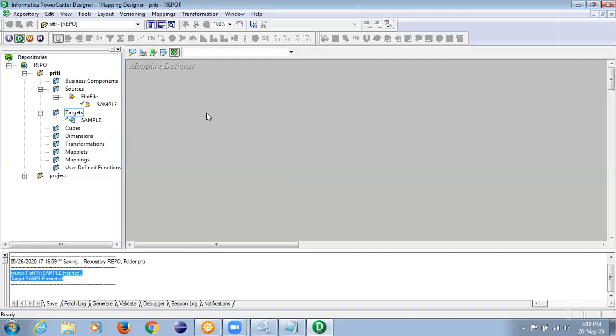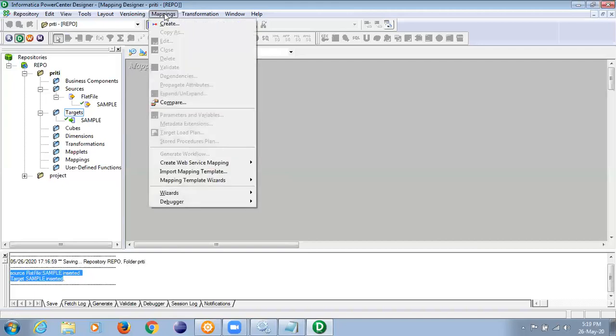So what we are doing now is creating a mapping. We have done with the source. How you should understand is, source is the place where you start from, and target is the place where you finish, end. That's why it is always necessary that you first make the source, then make the target, and then add the transformations, correct?